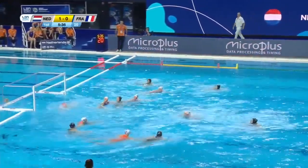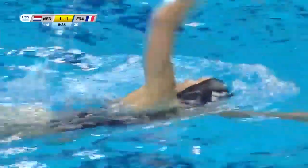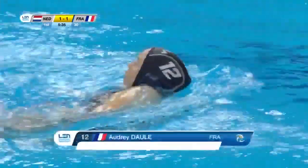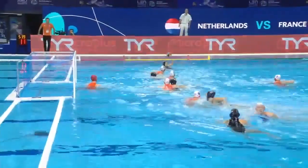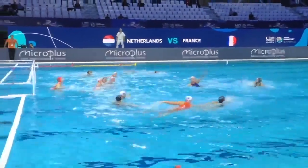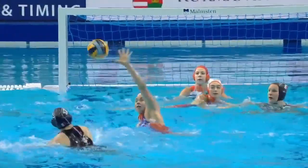Dole, shot from distance, and that's goal number 1 for France. That's an action goal, and a great one by Dole. And it is goal number 8 for her in the tournament. Equalizer scored by player number 12. She managed to surprise Dutch goalkeeper Jone Koenders,